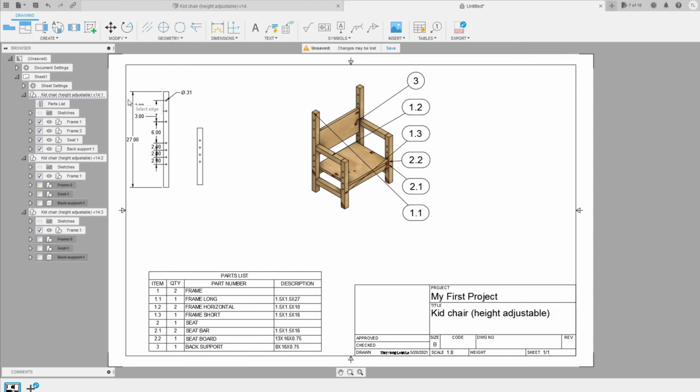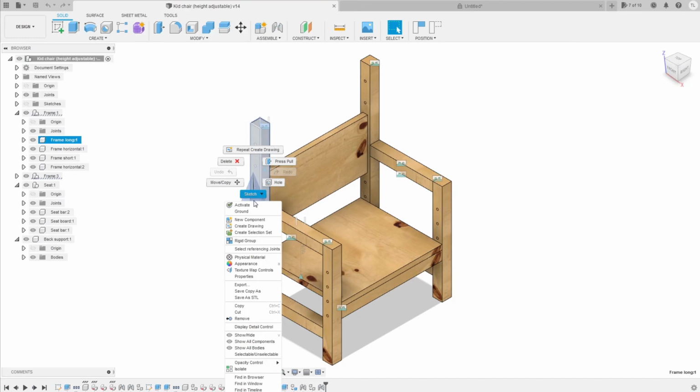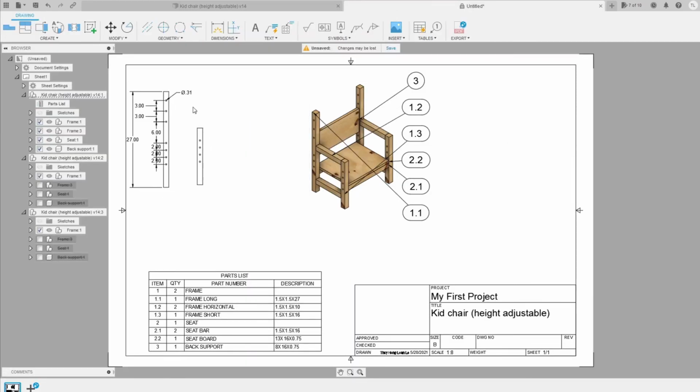How to add it? You can just simply go to the here, select the component and right click on this. Should be able to go to property, and then in the property there's this description. You can add the description that you want. In this case, I add the cut dimension of them, and then that is how you add the dimension. So follow all of those steps, you will be able to create all of the drawings of the components here with